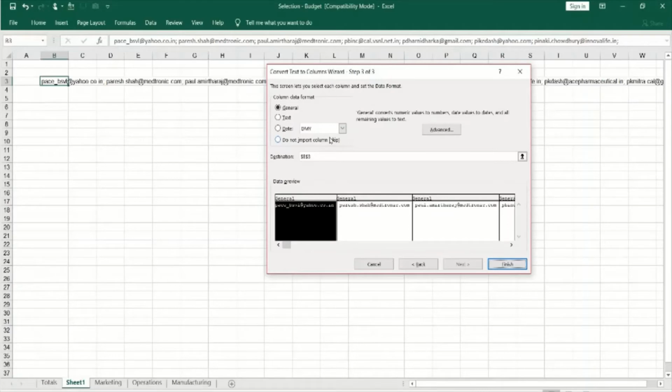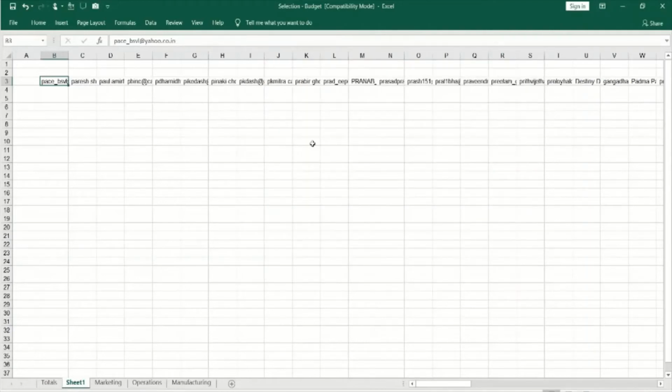If you work on raw data and get a CSV file, this is the best way to convert it. You can do it for each and every column and change the date format here itself, or change to any kind of advanced format you would like. For this, let it be general or text, both the same. I'll say finish.